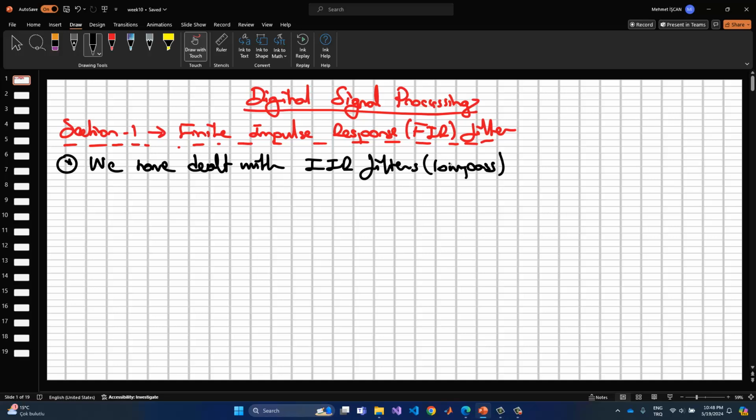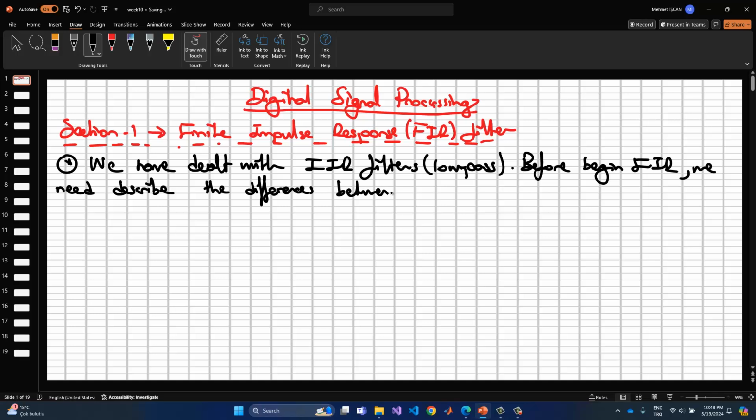Okay. And so before beginning the FIR filter, we need to describe the differences between them. Okay,